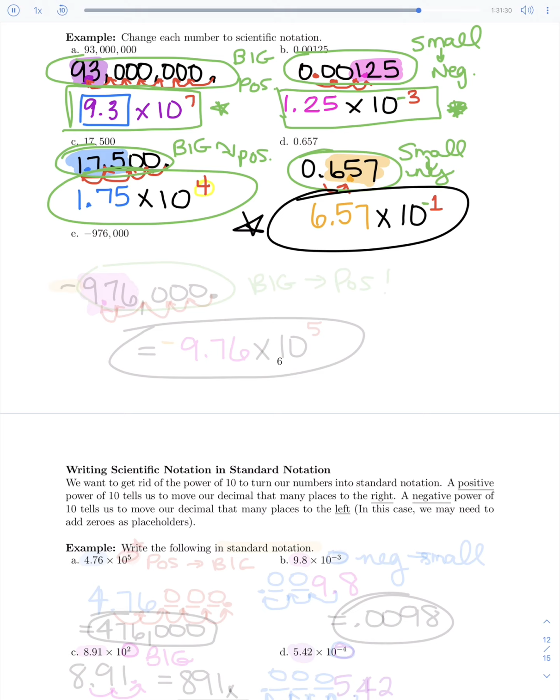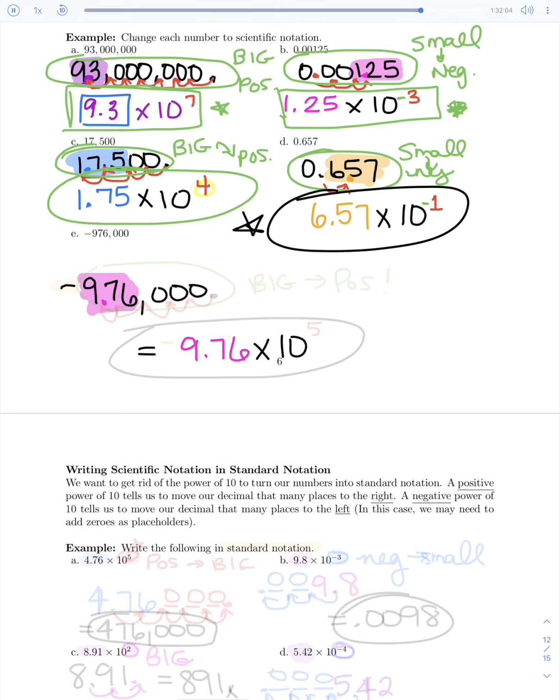Last one, we've got a negative 976,000. And let's see, just looking at the numerical part, ignore the negative. If you didn't have a negative and you just had the 976,000, where would you want your decimal? Well, you'd want it between the 9 and the 7 because it needs to be a number between 1 to 10. So what that does is then it gives us 9.76